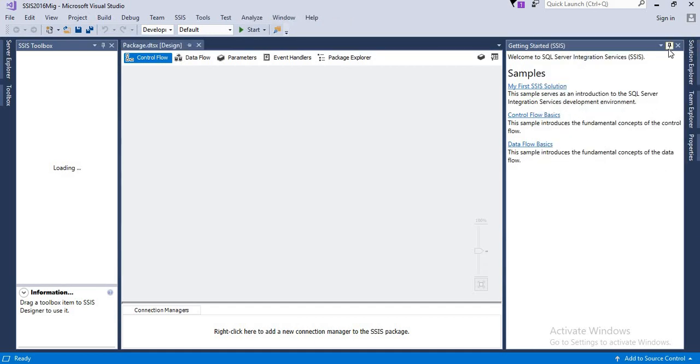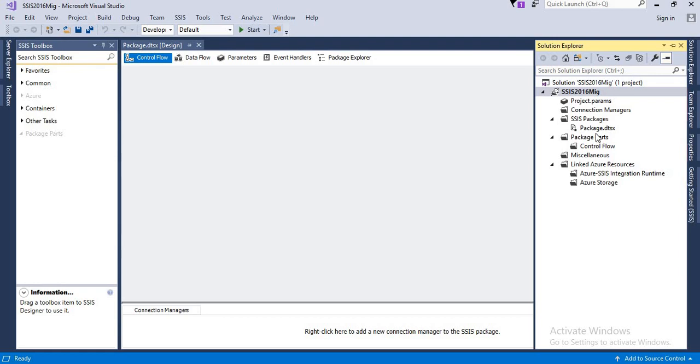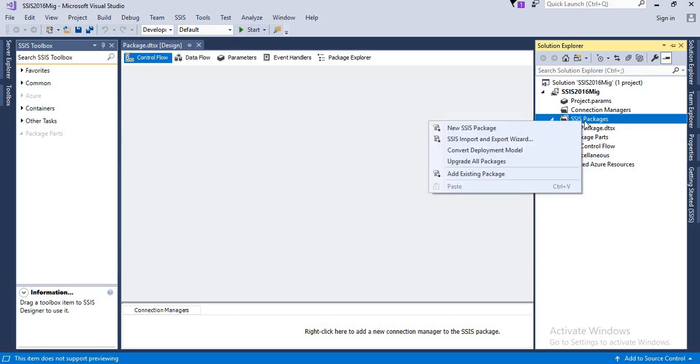The Solution Explorer is a bit different from SSIS 2017 onwards. You will have some Azure related stuff as well. Now let's directly download the packages from the SSIS server to this project if you have access. If you do not have access, just download them on the server and copy and paste here. Since I have SSIS and the server hosted on the same machine, I can directly download the package from that server to the solution.